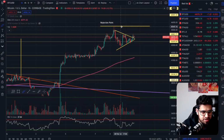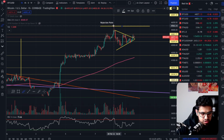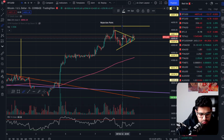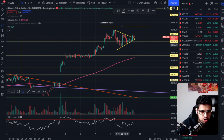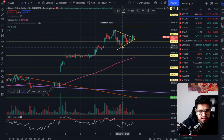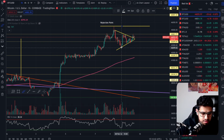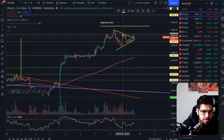Now you can see I've marked out here the rejection point, which was at about 45,505, and we got sent abruptly down. The good thing is we managed to recover a lot of that with this candle here. This big hourly candle shows that there was a lot of buying pressure coming back in at about 42. Here you can see on this candle we were wicking into the 42s, and then the buying power came in and you saw this big candle taking us all the way back to the 44s,